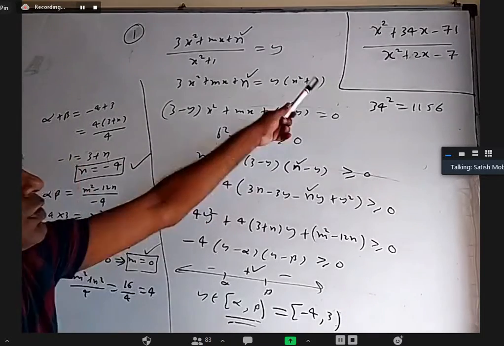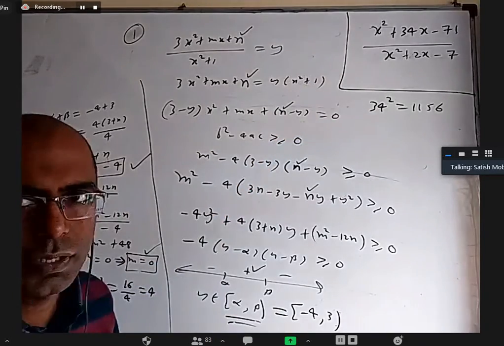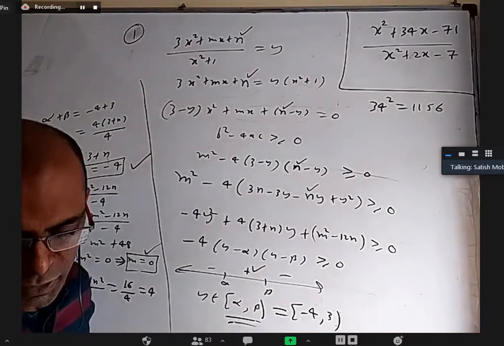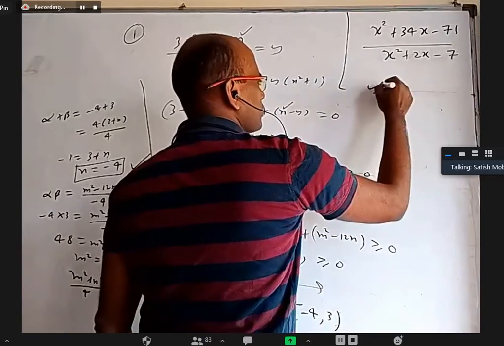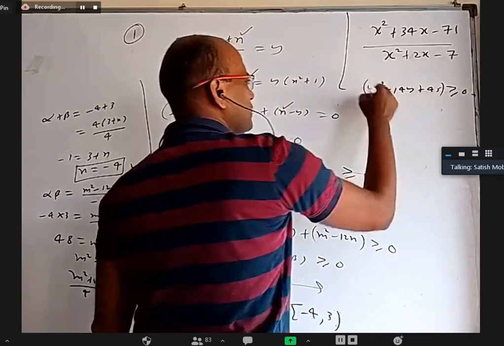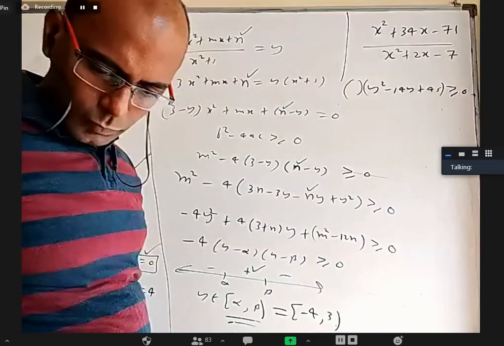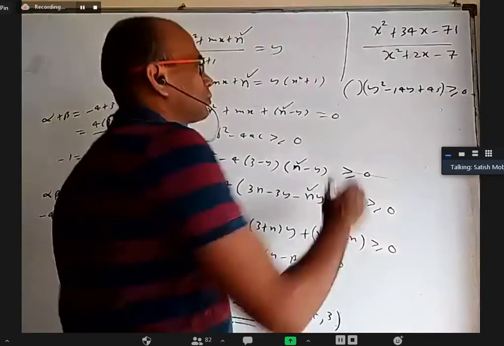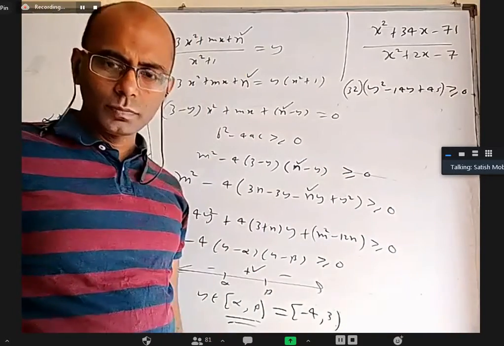Okay, I'm not going to write the solution for this. You are going to take the expression equal to y, do cross multiplication, get a quadratic equation in terms of x, and check for b square minus 4ac greater than or equal to 0. Expand it. You are going to get y square minus 14y plus 45 greater than or equal to 0. Maybe into some positive number. 28 plus 4, I think it is 32. It is 32 times only.